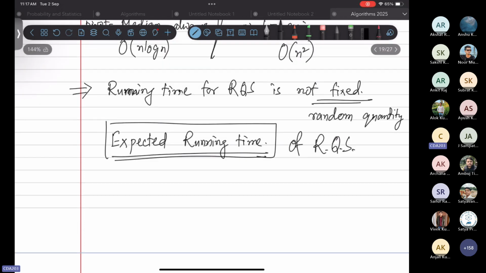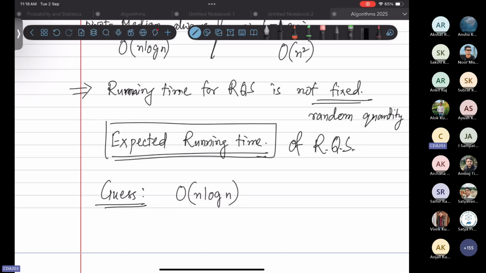I want to make a guess. N log n for average case. Okay, why n log n? I tell you, your answer is correct. Your guess is correct. N log n is